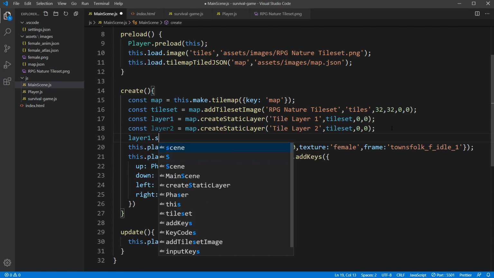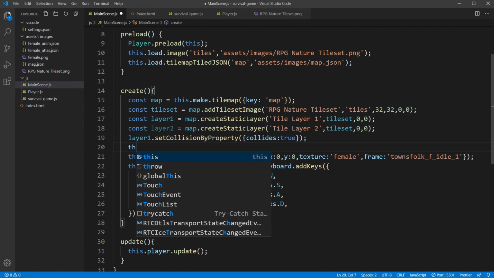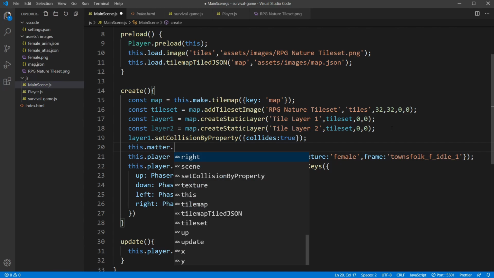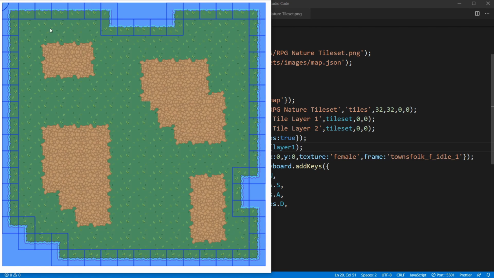So we do layer 1 dot set collision by property, and the property we added was collides, and when that's true we're going to enable collisions, and then we need to tell the Matter physics engine that we're adding colliders. Like so. So if you save that now and go back to survival game, you can see that we have colliders all around our edges,